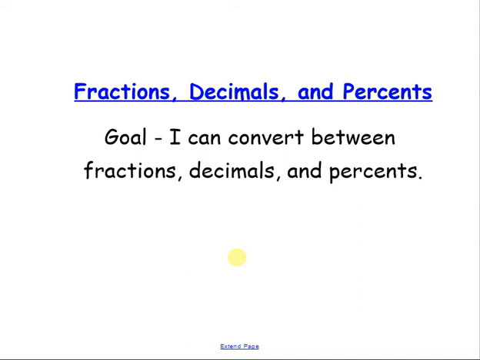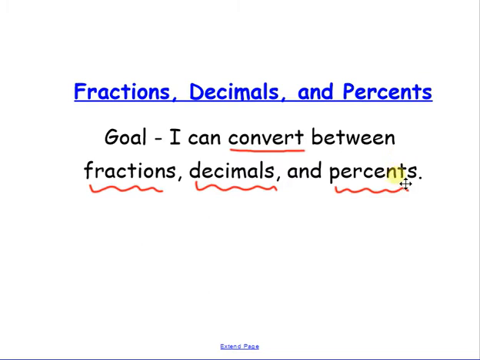We talked about fractions and we also talked about decimals, and at the end of the decimals unit we converted between decimals and fractions. Today we're going to review a little bit about that, but we're going to take it one step further. We're going to change decimals and fractions into percents, and we're going to go the other way as well. So today you're going to learn to convert, which means to change, between fractions, decimals, and percents,